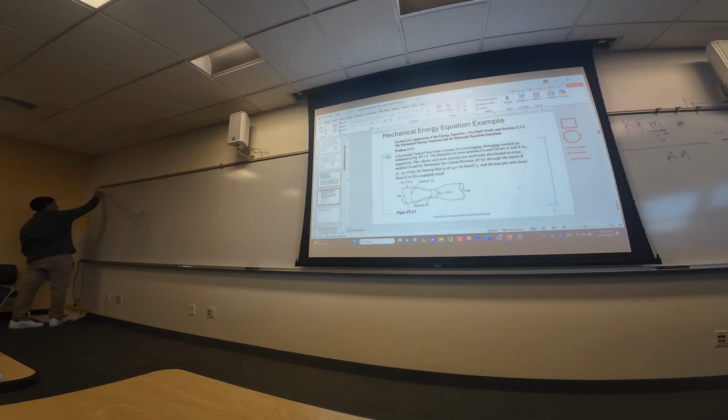Assume, we'll do it over here. I don't want to write out all the stuff I wrote, I did this yesterday. So I'm just going to put ideal flow here to be a little lazy. But that basically means your flow is not turbulent, it's not going crazy, it's nice and steady. Your density is the same. When you measure parameters at specific locations, you're going to have the same value, right? So it's non-viscous, incompressible. I'll write that down.